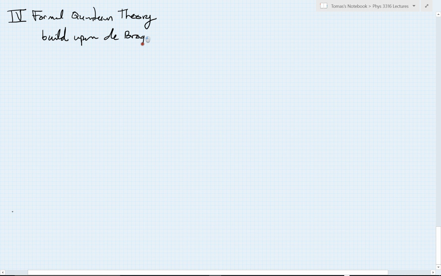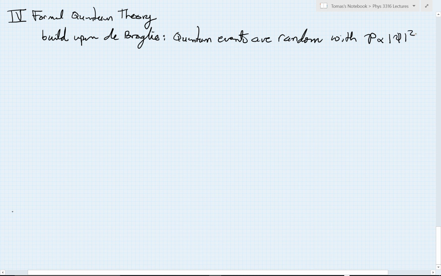And I'm not going to rewrite it again for you here. It's important enough that it bears reminding. I'll just give you sort of the express version of writing this down. We're going to build upon de Broglie, where we learn that quantum events are random. And the point, though, is that it's not complete chaos. They occur with a predictable probability distribution, which is proportional to the square of some amplitude psi, where this complex